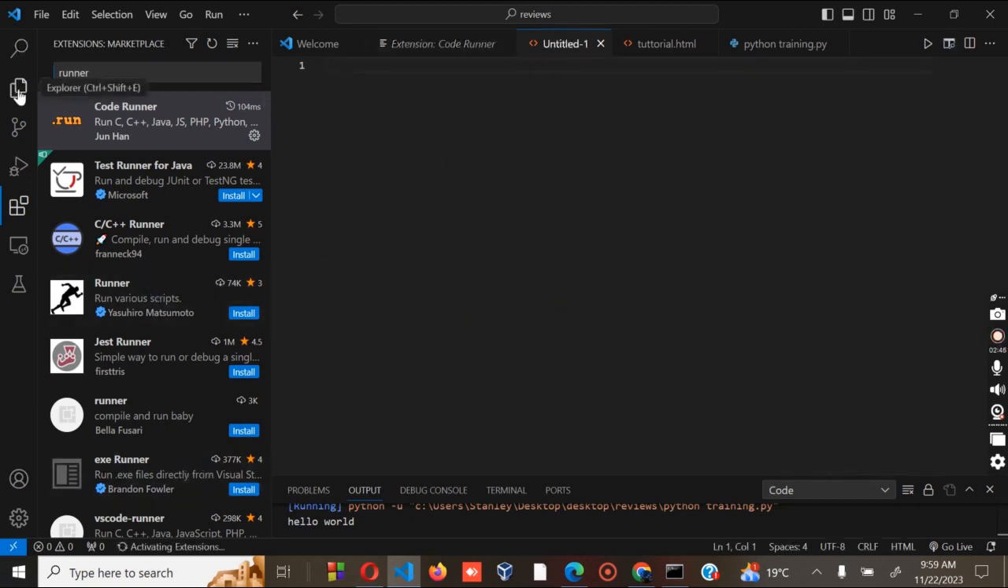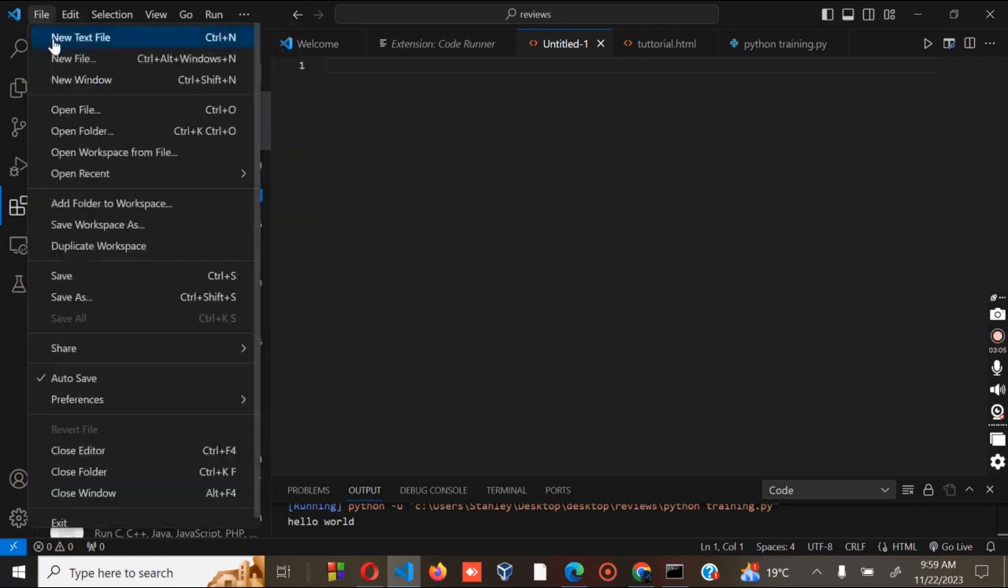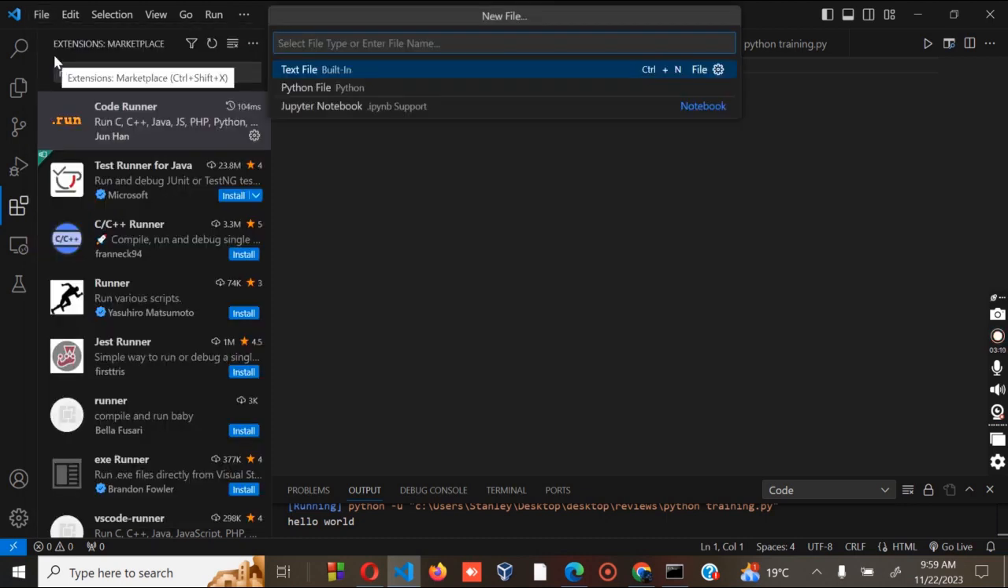Okay, so I've already installed the runner. So the next step is to create a Python project. So you open Visual Studio Code and you create a Python project by selecting File, then you go to New File, and when saving the file,